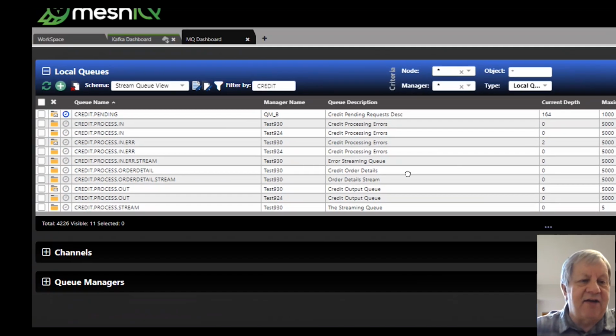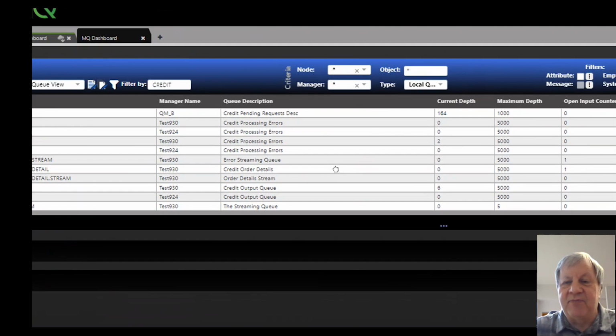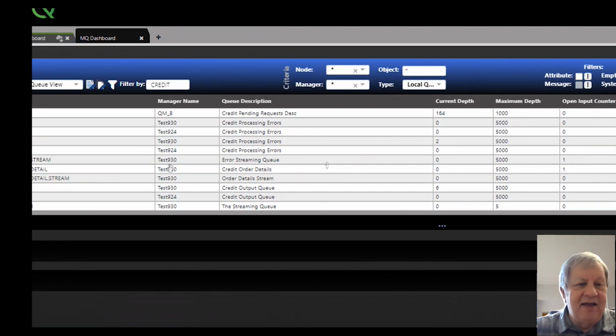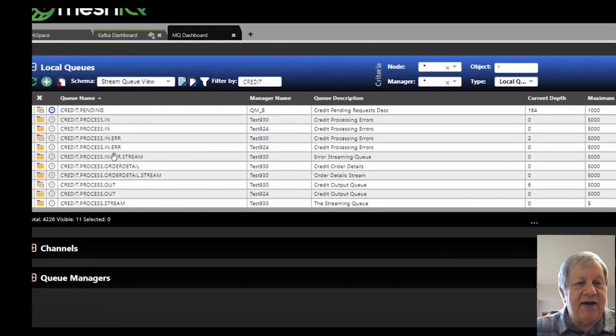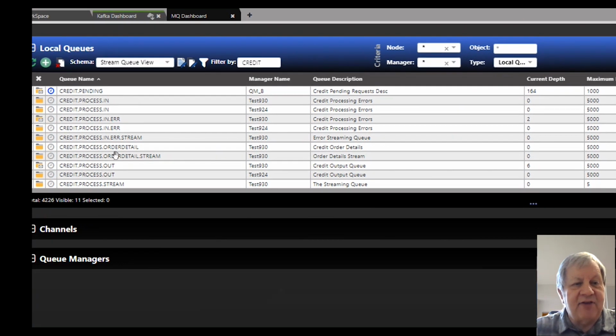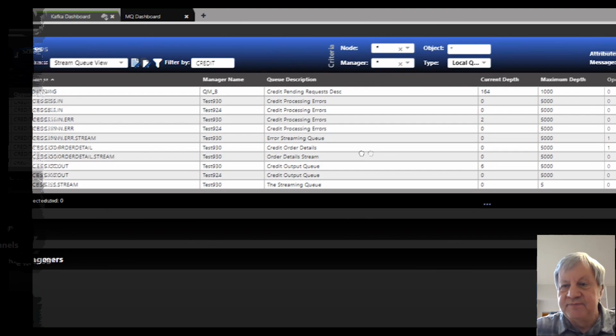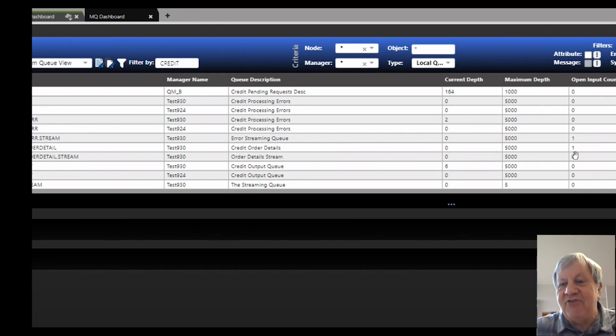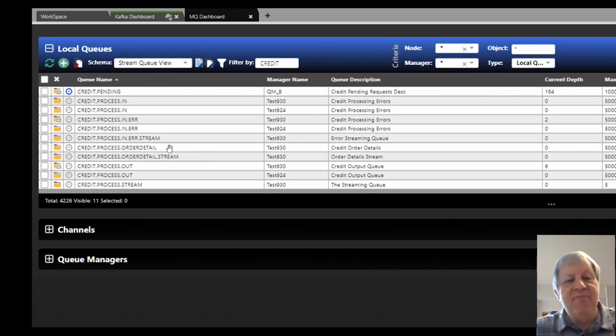Now, in this scenario, I have a specific use case in mind. This one here, credit process order detail, has an application that's reading that queue actively. So any message that gets put to credit process order detail is immediately read by an application.